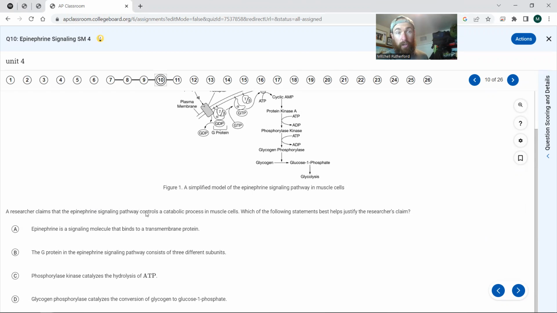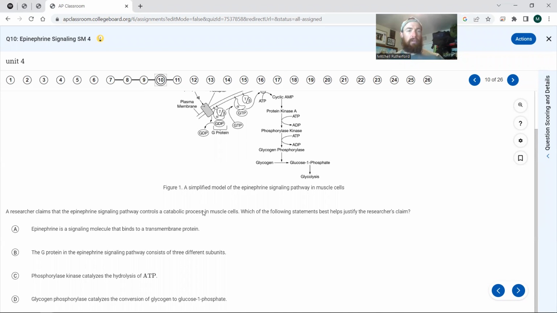question. A researcher claims that the epinephrine signaling pathway controls a catabolic process. So catabolic, we're thinking release of energy, okay, exergonic, and I would draw that right here, exergonic. It takes half a second, and it extends your mind onto the page and gives you something to look at and think about. Okay, so we want something to justify the researcher's claim, so to me, B has nothing to